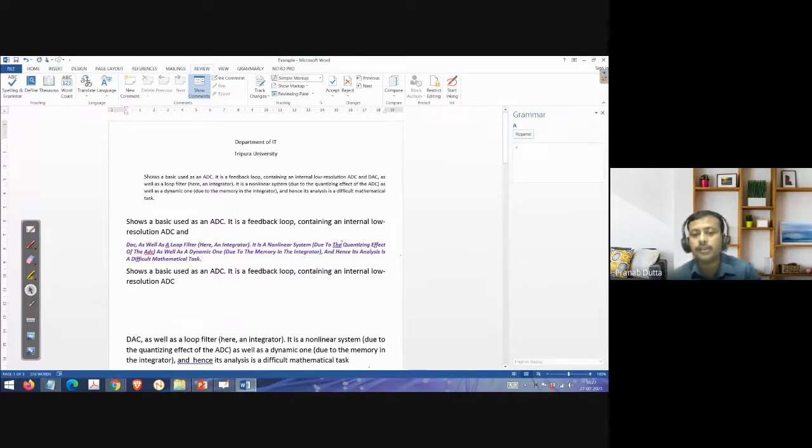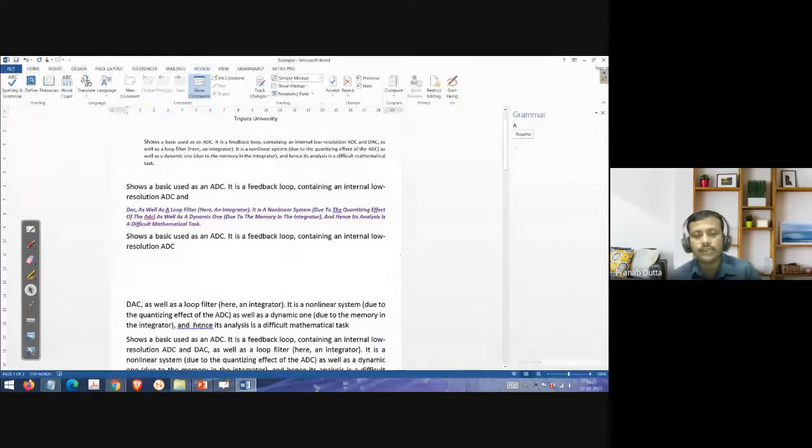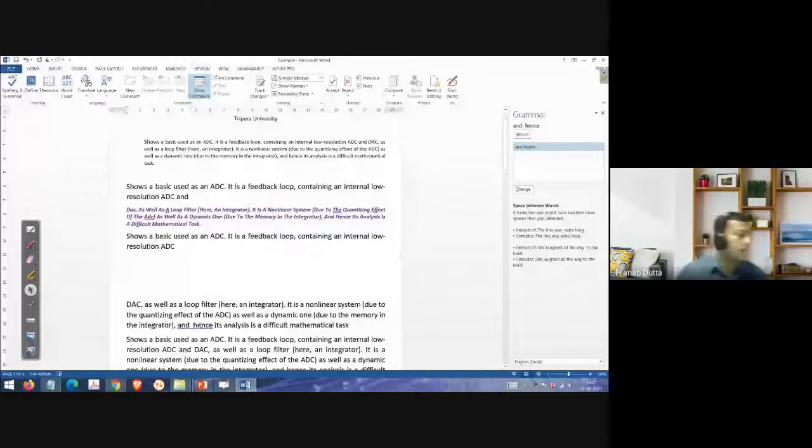And sometimes a blue line is also present. You see, like this, here also there is a blue line. That is also one type of problem. What is the problem? Although these words are correct, they are not suitable. The word is correct, but it is not suitable for this particular paragraph, so that's why they are showing a blue line.